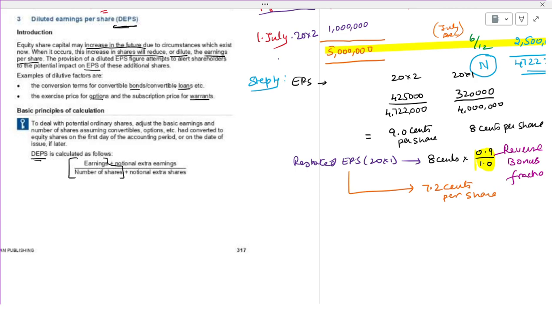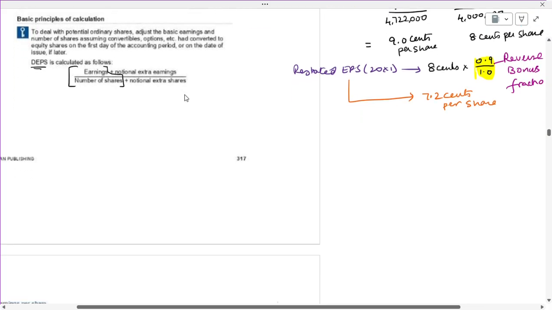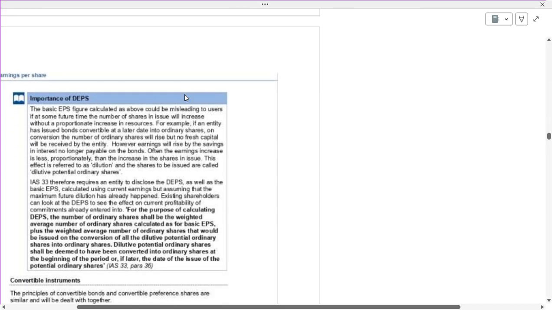Notional means it is estimated. We are estimating how profits will increase, and how many shares will also increase. Why diluted earning per share? The basic EPS